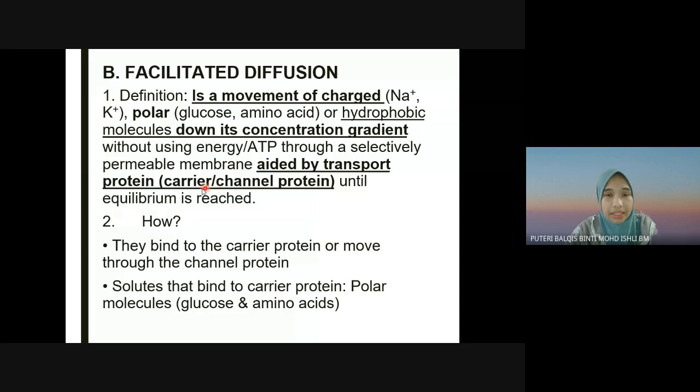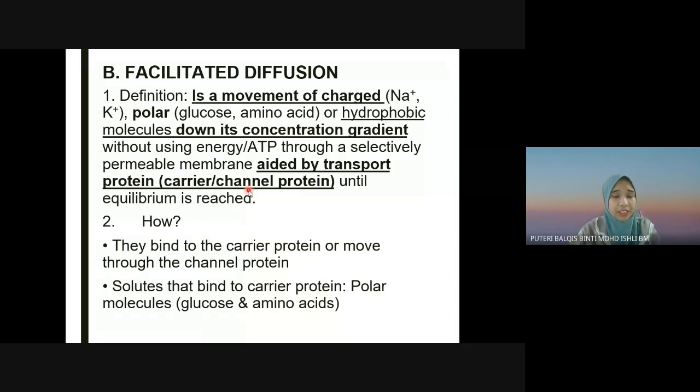And that transport protein is either a carrier or channel protein until equilibrium is reached. So facilitated diffusion needs a carrier or channel protein for molecules like charged, polar, hydrophobic to move down its concentration gradient. If you notice